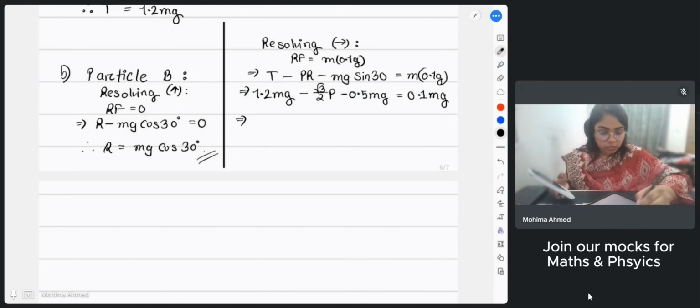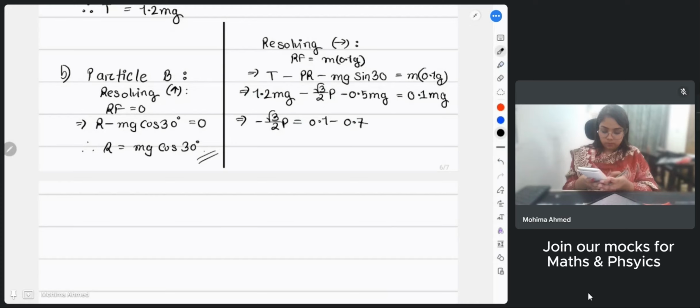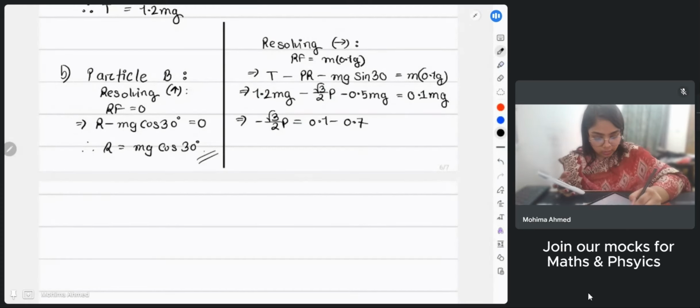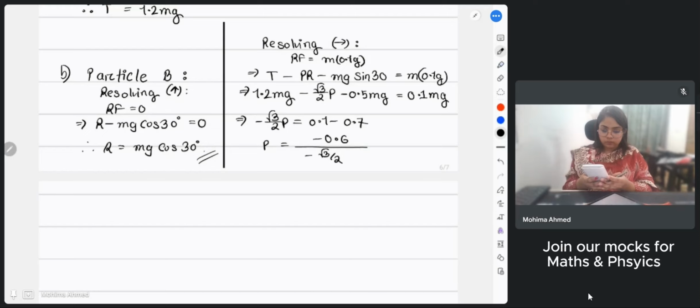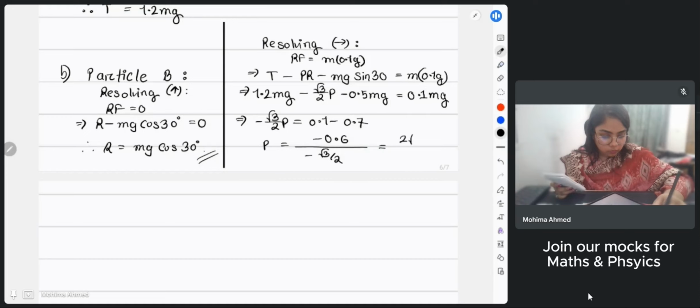0.7, so it's going to be root 3 over 2p, and then we're going to take this 0.7 to the other hand side. So it's 0.1 minus 0.7, which is 0.6. So p would be minus 0.6 minus root 3 over 2. The final answer over here is 2 root 3 by 2. The value for p is 2 root 3 by 5, or you can keep this in decimal, which is 0.693